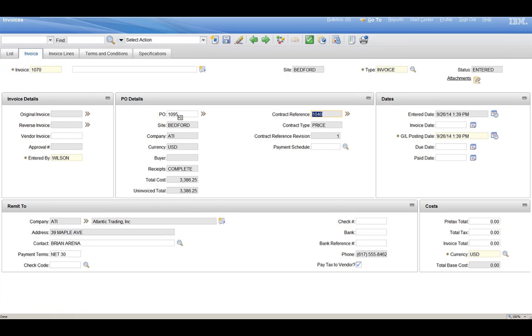I can see the receipts are complete. The total cost is $3,000. They still have not invoiced me for any of it. The other option, though, is if anybody has more of the concept of a centralized invoice, so maybe you've ordered